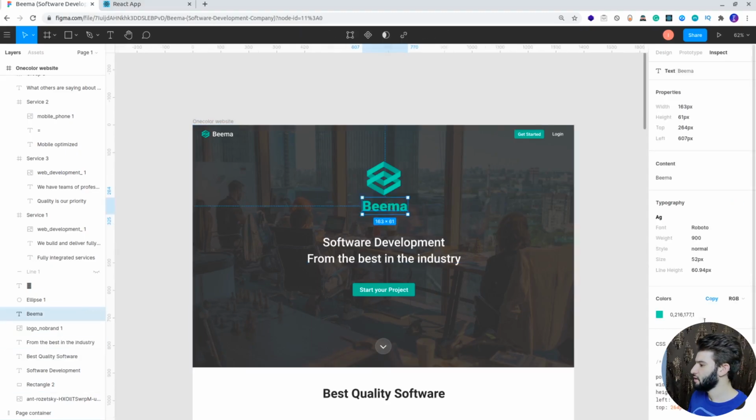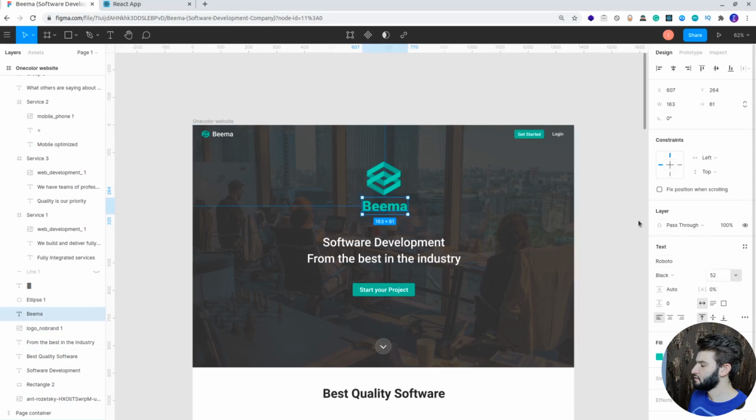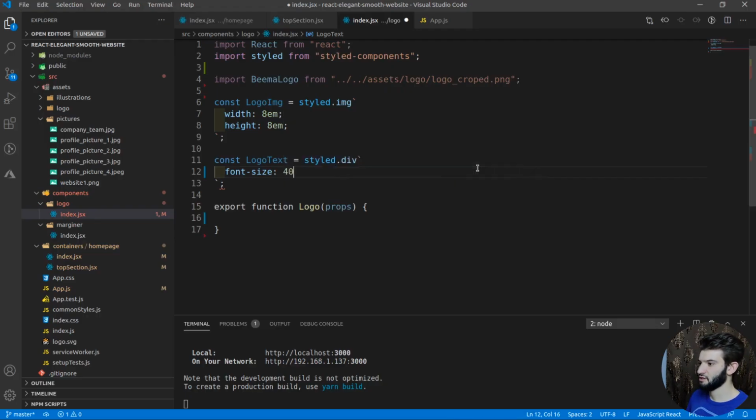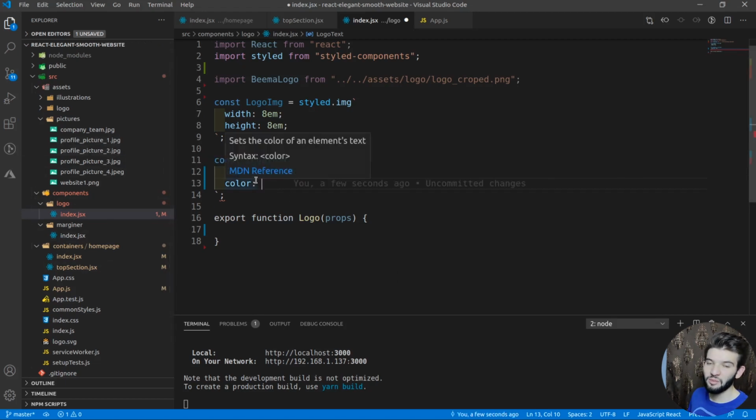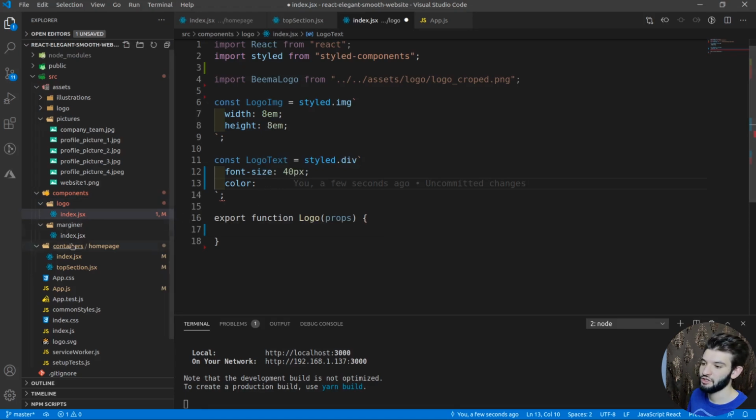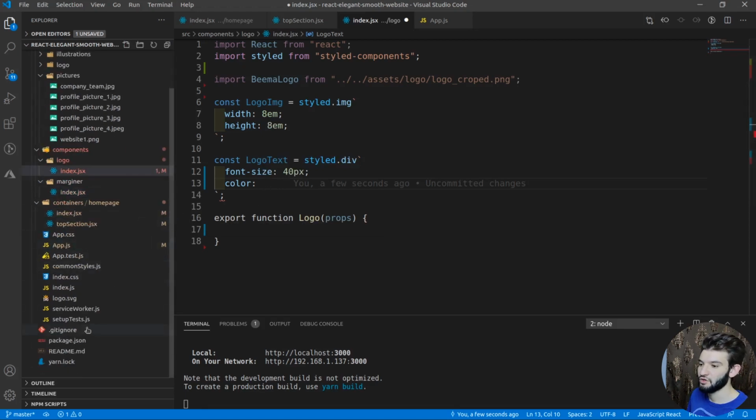So I got Bima is kind of for the design 52, so it could do like let's minus 10 pixels, I can do 40 pixels. And for the color, now the interesting part of the color, what you need to do is actually include it separately, or the color palette, the main theme colors and everything, all the variables, you can pretty much include them or add them into a common file. Then you can reuse them throughout the whole application, which makes it super easy for you to use and set